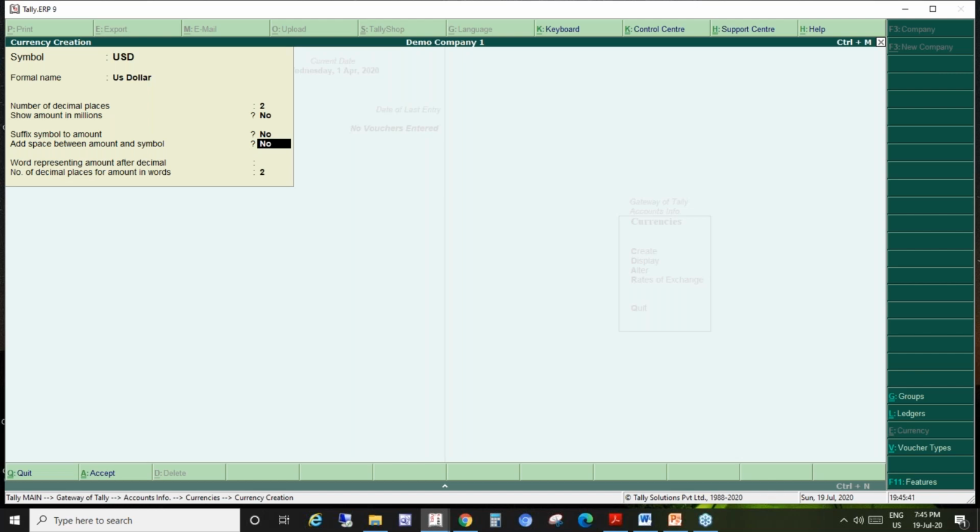Maybe later on we can come back to this. Next, space between amount and symbol. Do I wish to put a space whenever the amount field or the amount in words field is printed? Then I put yes. Words representing the amount after decimal: what do those words represent after the decimal? In India, Amit Bhai, what do we call it? In India, it is paise. For US dollar, we can call it